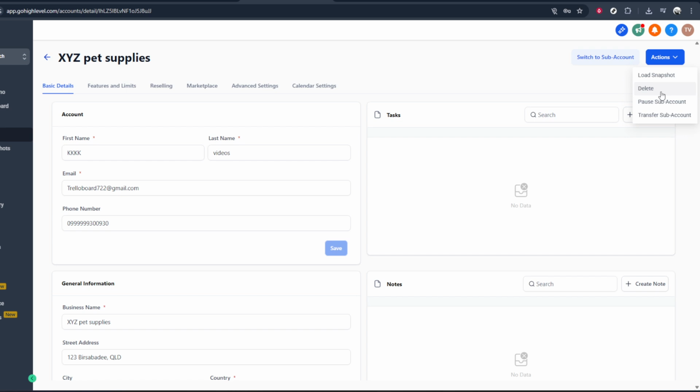At this point, Go High Level will typically show you a confirmation prompt. This is your last chance to make sure you're deleting the intended sub-account. Read the confirmation message carefully, and